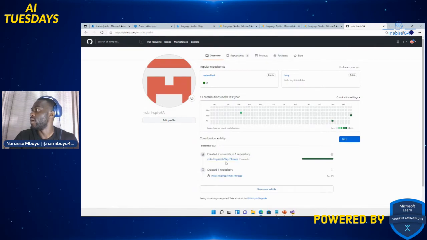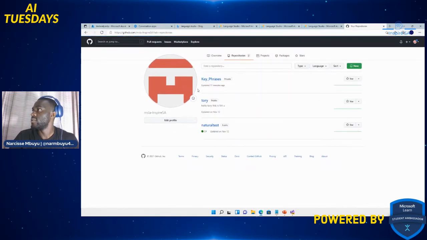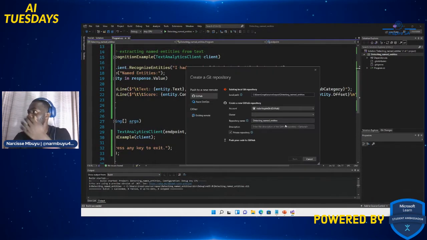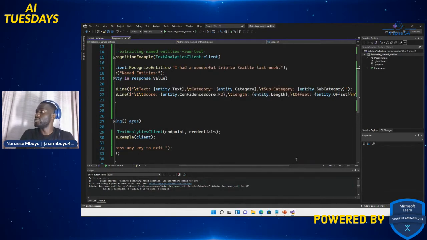Okay, so it hasn't been uploaded yet. Let me add source control again, and let me not make it private. I didn't check the private setting last time. Publish.